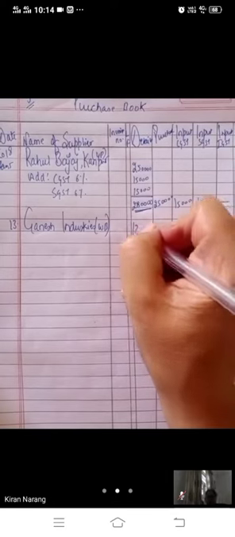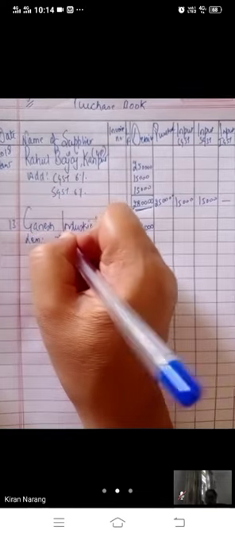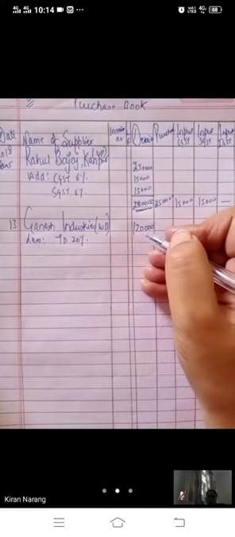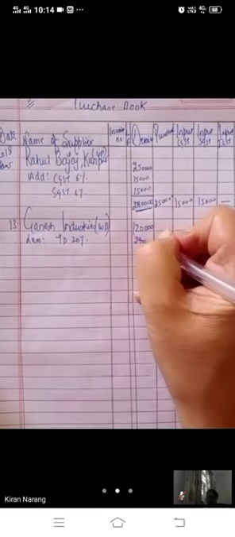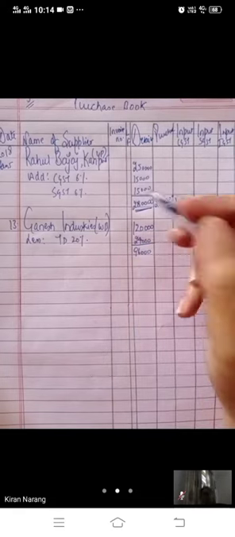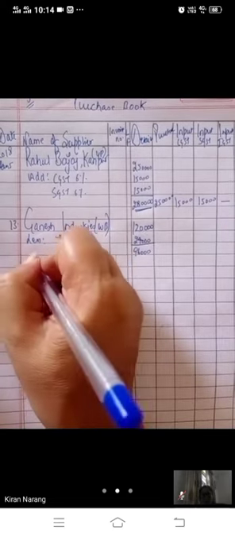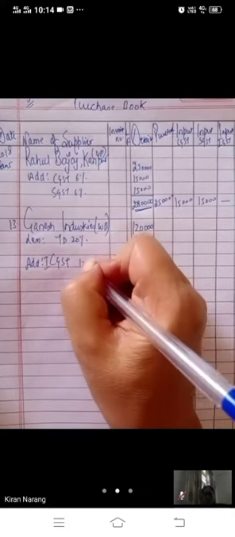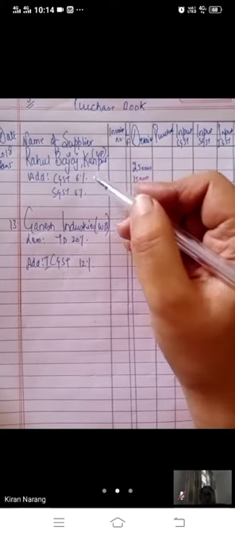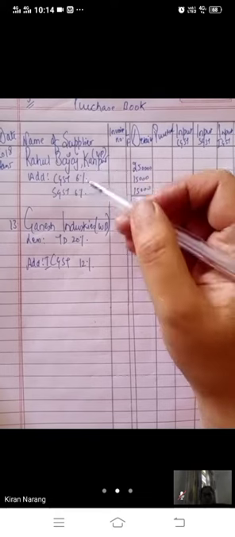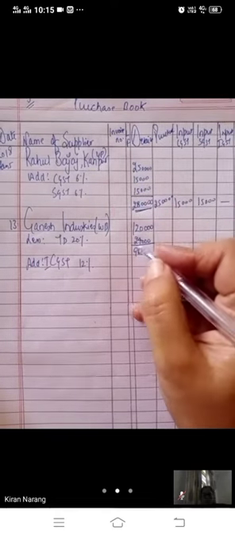The goods worth rupees 1,20,000, and they have allowed us a trade discount of 20%. 20% of 1,20,000 will be 24,000. Now the purchase price became 96,000. First of all, we have to deduct the trade discount, then we have to add the taxes. IGST will be charged now, 12%. If the state is same, then we charge CGST, SGST. If the state is different, we charge IGST. Total of these two, 6 plus 6, 12% IGST of 96,000.